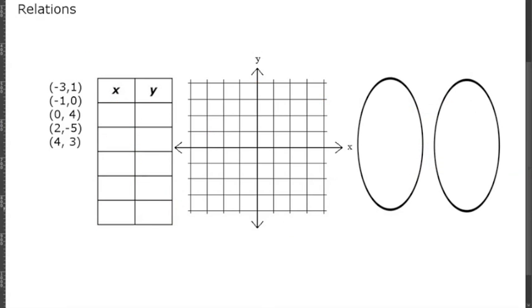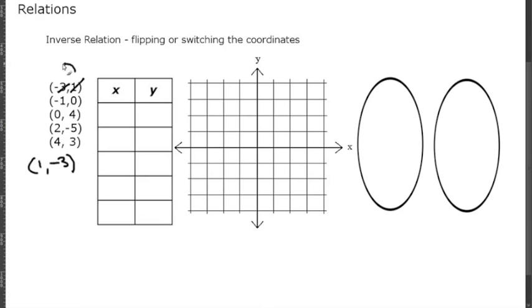Let's look at an inverse relation. An inverse relation is simply flipping or switching the x and y coordinates. Our x's become y's and our y's become x's. If we used our same relations that we used before, we would rewrite the ordered pairs as 1, -3, flipping the x and y's,